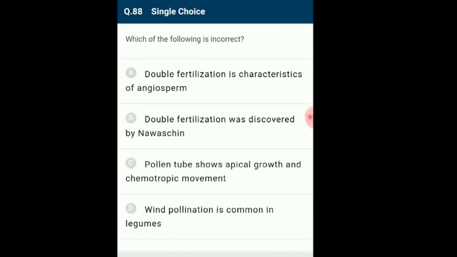Question number 88. Which of the following is incorrect? Double fertilization